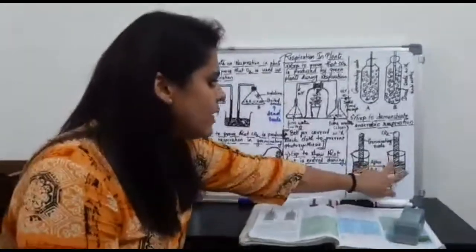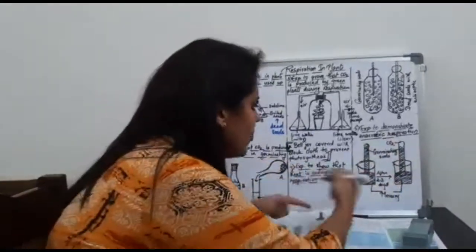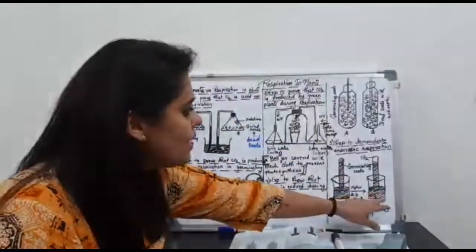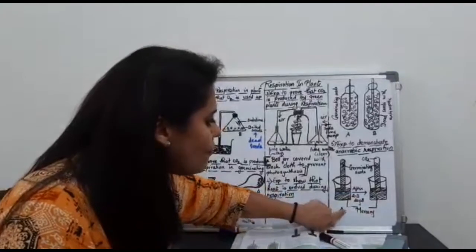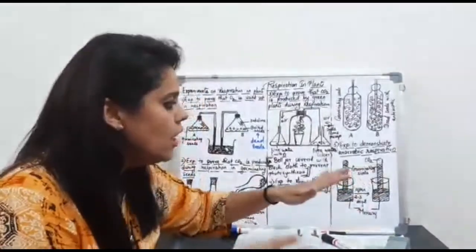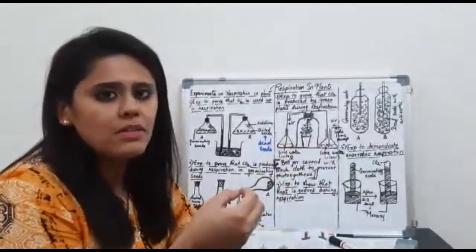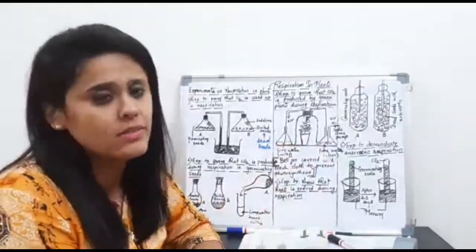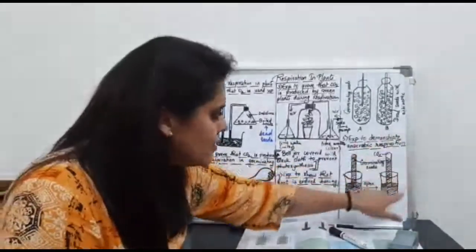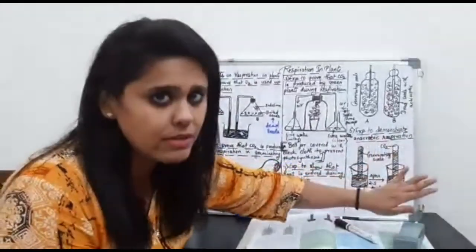For that you have to take two beakers. One is your control setup, that is beaker B. Sorry, I forgot to label it. This is beaker A, this is beaker B. Oh, sorry, no. You have to take two setups, the control setup and the experimental setup. I have not shown you the control setup, but in the control setup it is for sure that you are going to take boiled seeds. In the experimental setup, you are going to take the germinating seeds. This is merely the result seen after 2 to 3 days of anaerobic respiration.